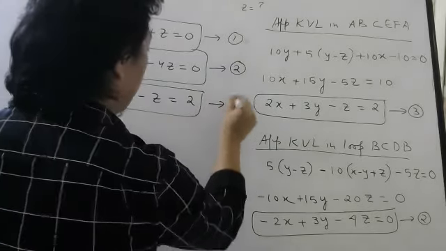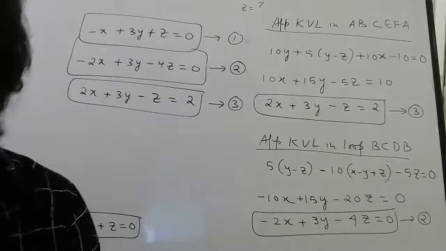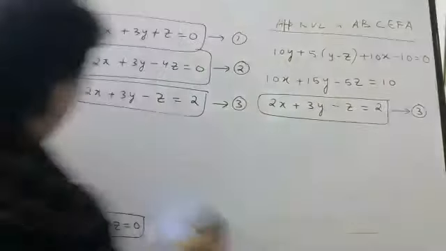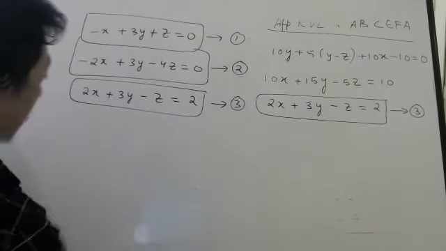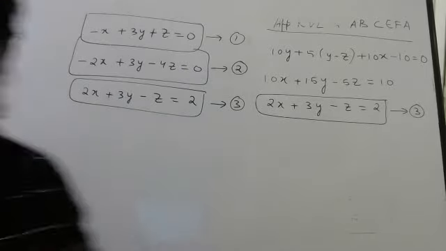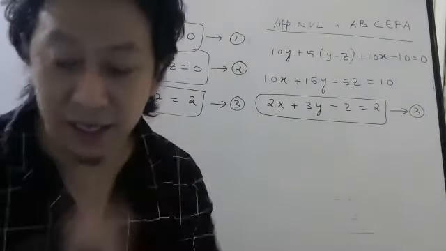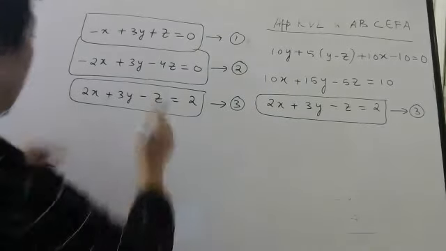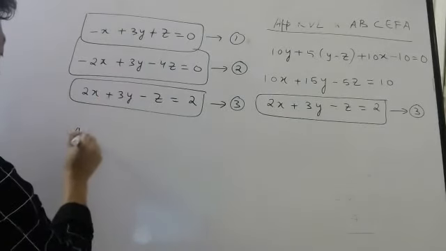Now remember, students, I want z. So if you know what you want, you can do it faster. Since I want z, I want to remove x and y. So I will now first make two equations between y and z. So I will try to remove x. See, these two I can add. So adding